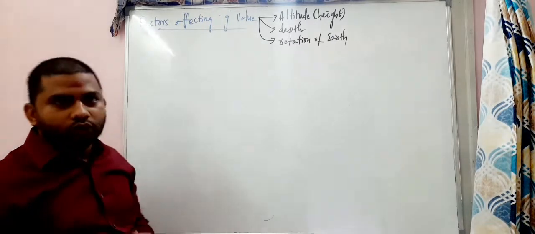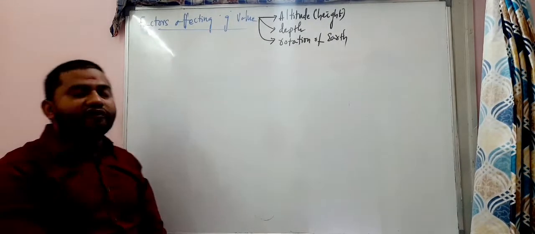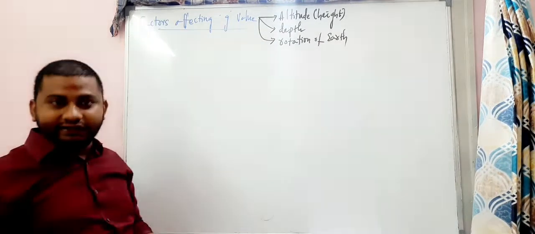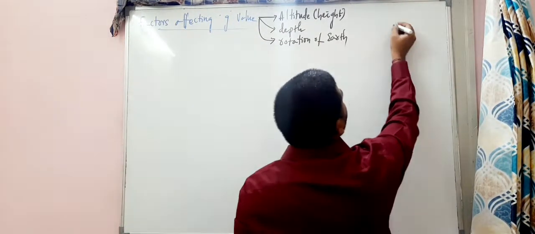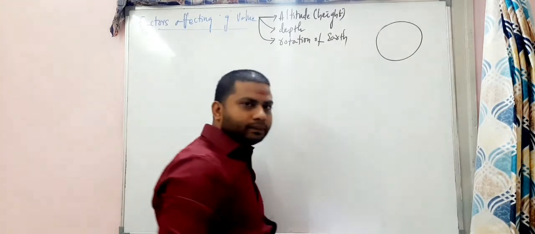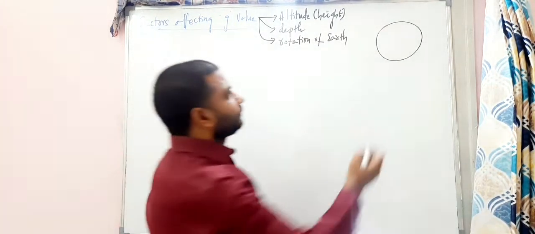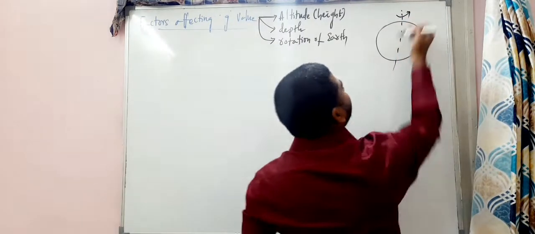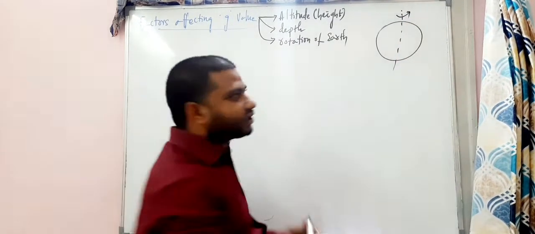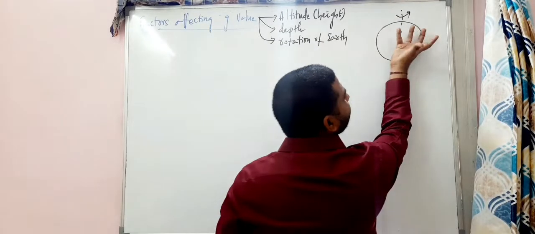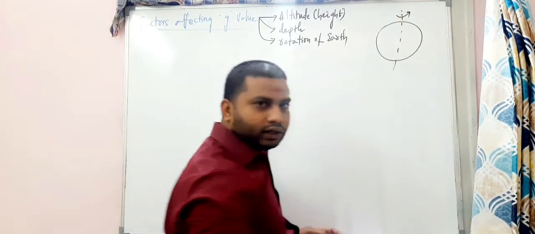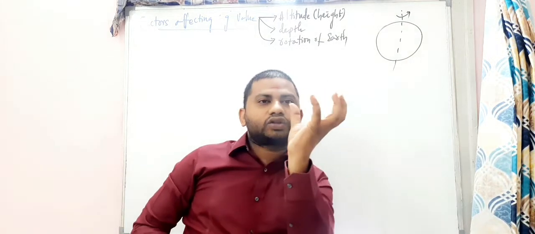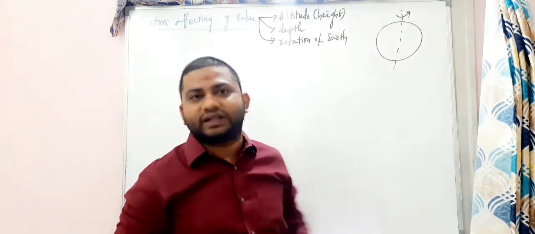What does it mean? What exactly is meant by this variation of acceleration due to gravity with respect to all these three things? I'll tell you, with a small example. Listen, simple example. This is the earth. You know, there is an axis of rotation. About this axis of rotation, the earth is rotating like this. You know the time period of that. Time taken by the earth to complete one rotation about its own axis is 24 hours, my dear students.